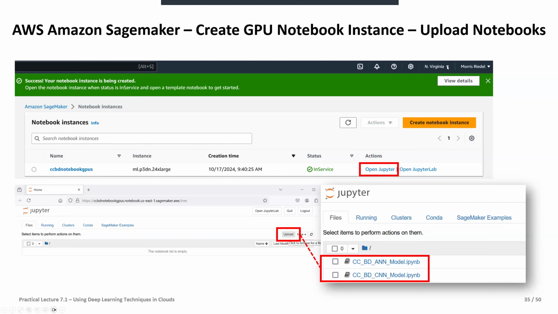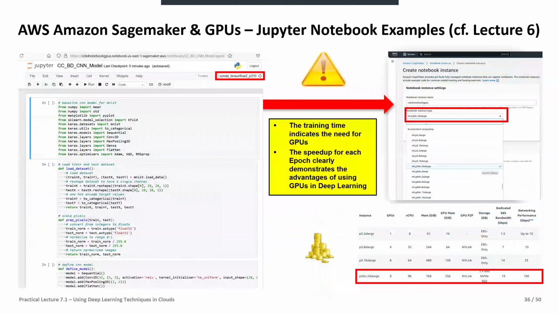You see also the move we made to North Virginia here on the top, for instance, in order to get access to this particular resource. Hence, not all resources are available in all of the different regions, which is another important part of this. We have uploaded this,